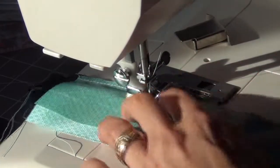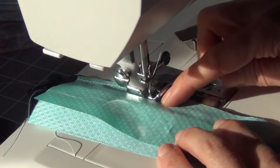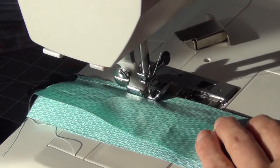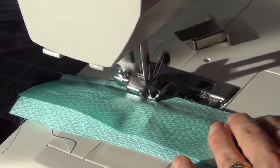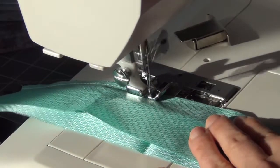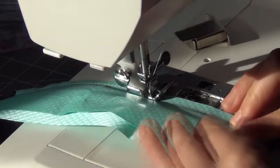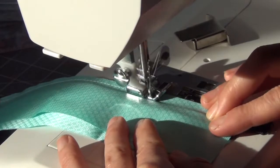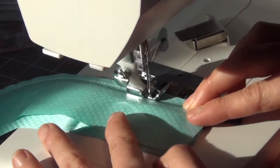So see how I'm coming along here? I can feel with my finger, and the foot is guiding along the edge of the zipper teeth. So even though I'm sort of sewing slightly blind here, and I can't see the zipper teeth, I'm doing a nice straight line. I have both sides now sewn on, so when you open it up, you can see